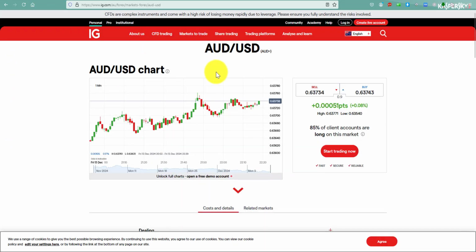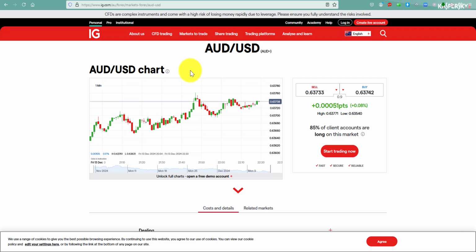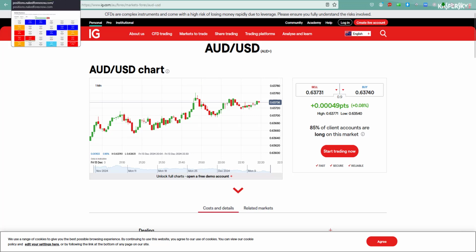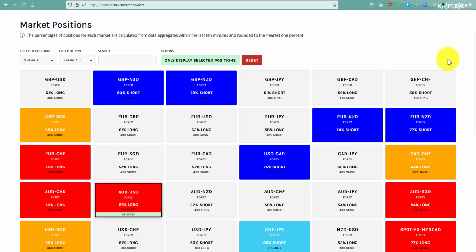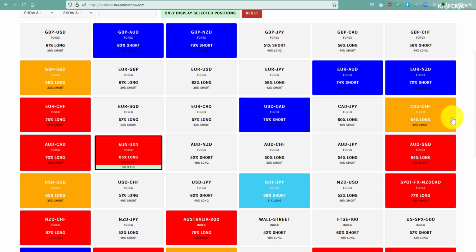You can go to the broker of your choice, Oanda, Saxo Bank, Dukascopy, IG, wherever you like to get your data from. I would discourage you from going to a place like MyFXBook where there are somewhat savvy traders. You really want the retail traders that are losing. You don't want a group as a resource where some of them are actually pretty good. That's the key. The problem with Oanda and those other ones is they only show you 6 or 8 pairs. IG has a lot of pairs, so I really like it.